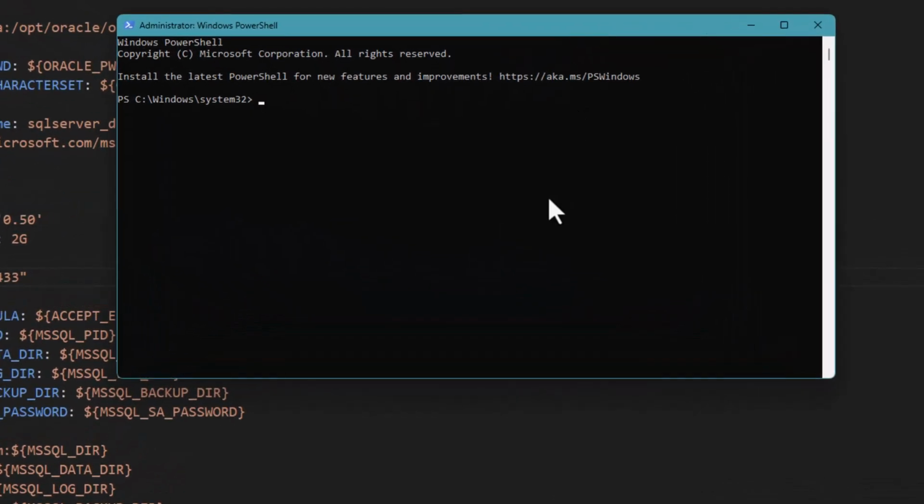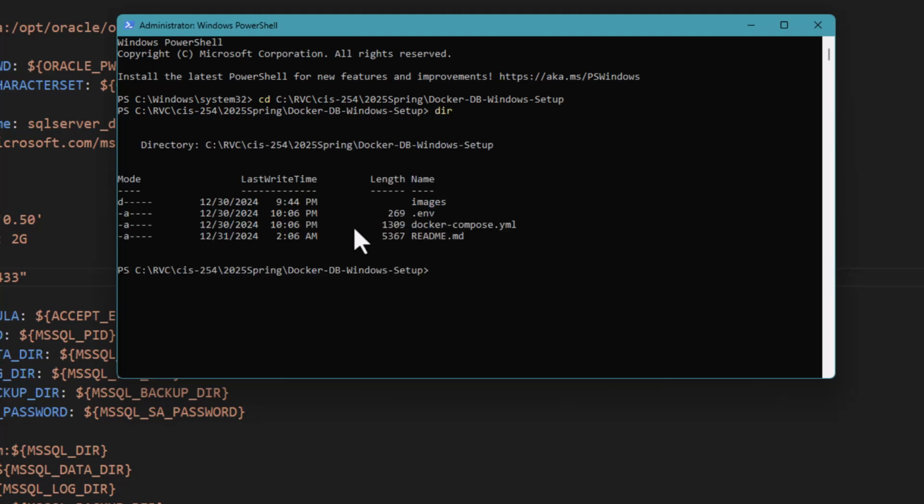I need to first navigate to the directory where my YAML file is. So I need to go ahead and do a CD, and then I believe I have my path copied. So I can just drill into that directory. I should be able to do dir and locate that YAML file. As long as I see the YAML file, I should be able to go ahead and run the Docker Compose